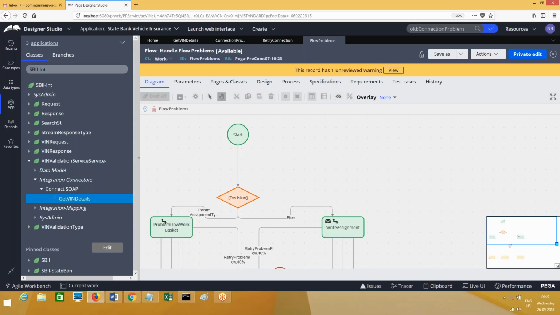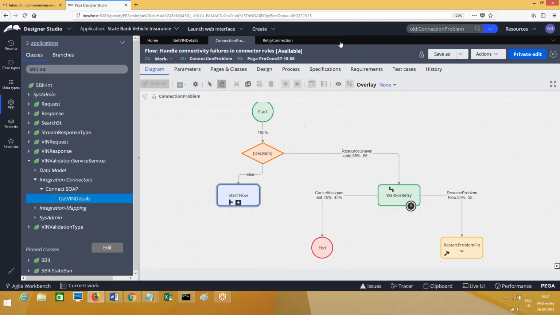So open the flow. Again, I do not want to explain everything here. I'll tell you what happens exactly. So here, I'm sorry, hang on. See, okay, just come back. So it has tried 5 times, and the issue has not been fixed.